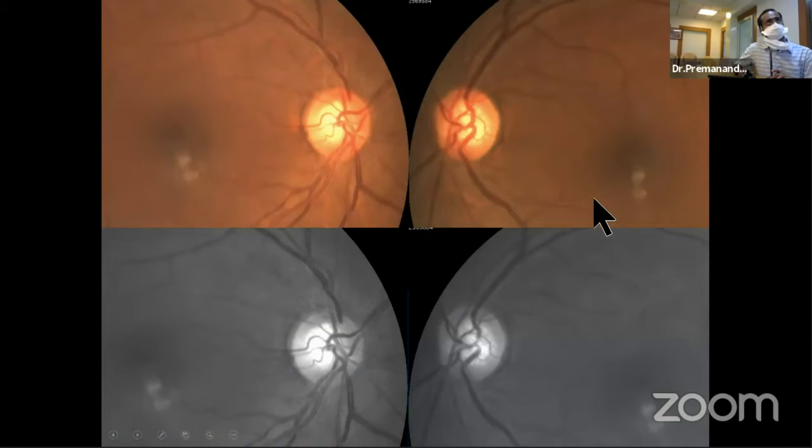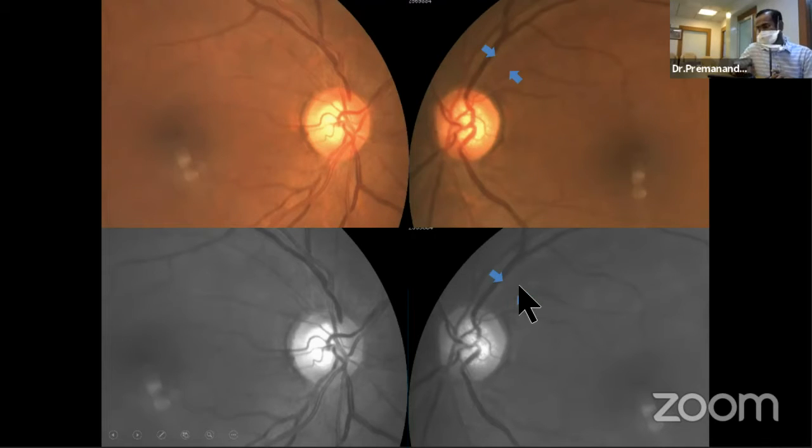So when we looked at her disc, we found that the right eye has an average-sized disc with a 0.6 cup-to-disc ratio, and the rim looks healthy with mild darker striations, but otherwise there's no obvious neuroretinal rim loss. Whereas the left eye has a slightly oval disc, around 0.7 CDR, and the rim looks okay. But when you look carefully at the rim, you're able to make out a little more than a slit-like neuroretinal rim loss in the superior area, which is also quite visible in the red-free image.